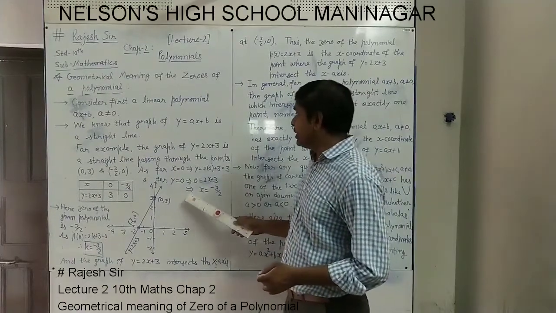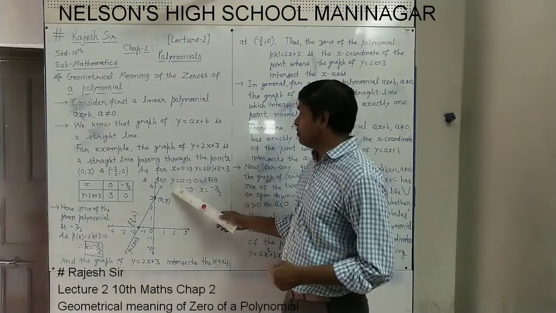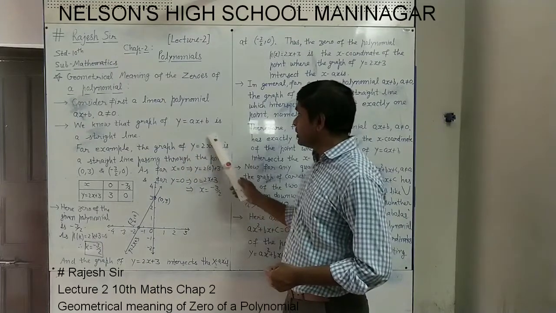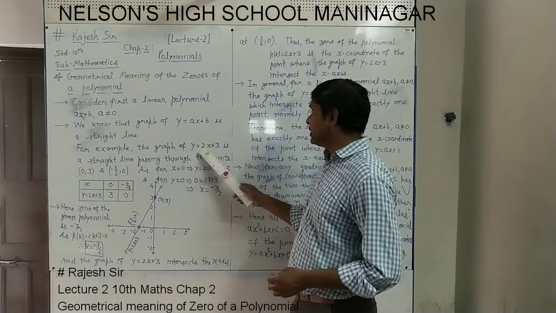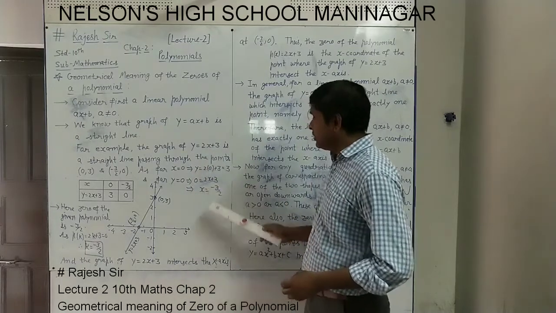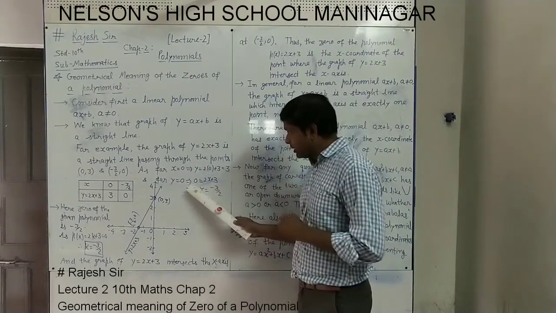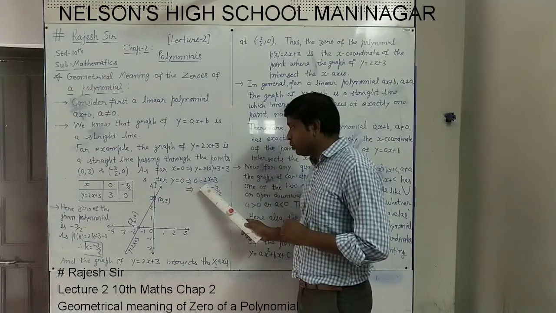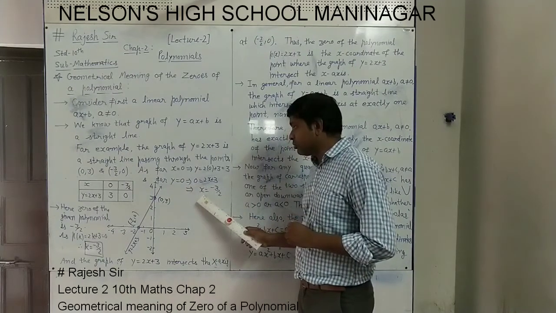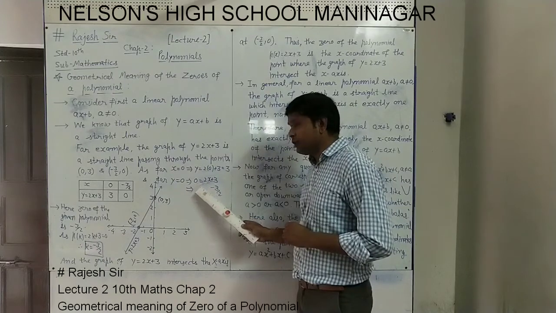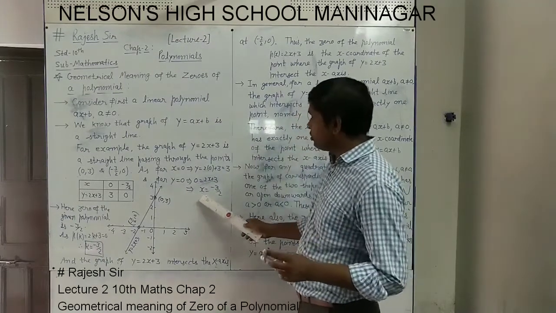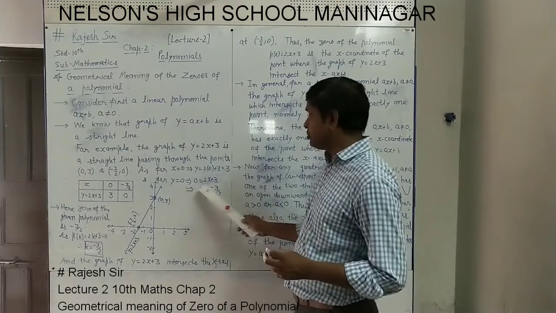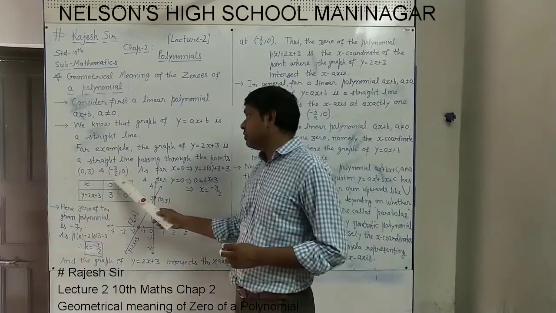Now, to get the next point, we take y equal to 0. If we take y equal to 0 in this equation, it will be 0 equal to 2x plus 3 as it is. Now the plus 3 we take to the other side as minus 3, equal to 2x. So x equals minus 3, and this 2 goes down, so minus 3 by 2. So the second point is x equal to minus 3 by 2 and y equal to 0. So minus 3 by 2 and 0.